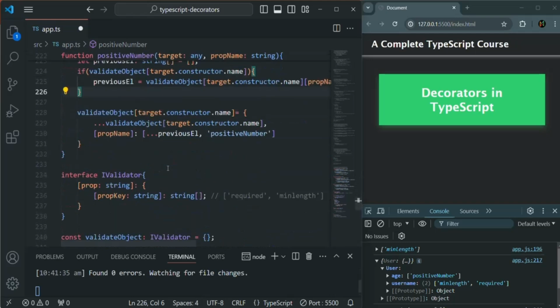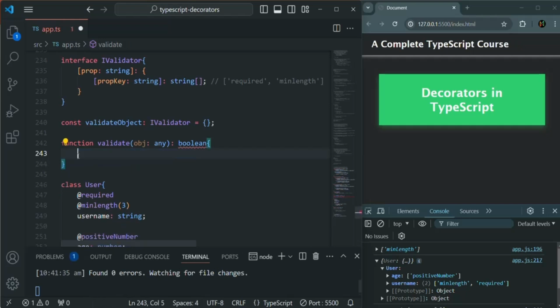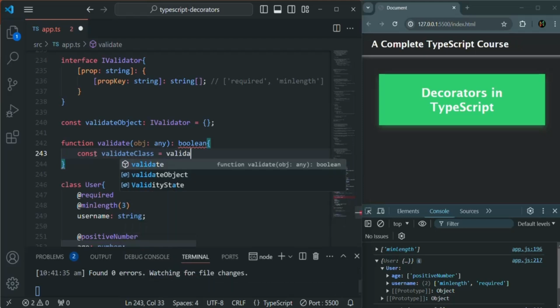Now let's go ahead and start implementing our validate object. So I'm going to remove these two lines from here. And the first thing we are going to do is check for which class we are going to do the validation. So here I'm going to create a variable. I'll call it validate class. So basically for which class we are doing the validation, and that we are going to get using validate object,